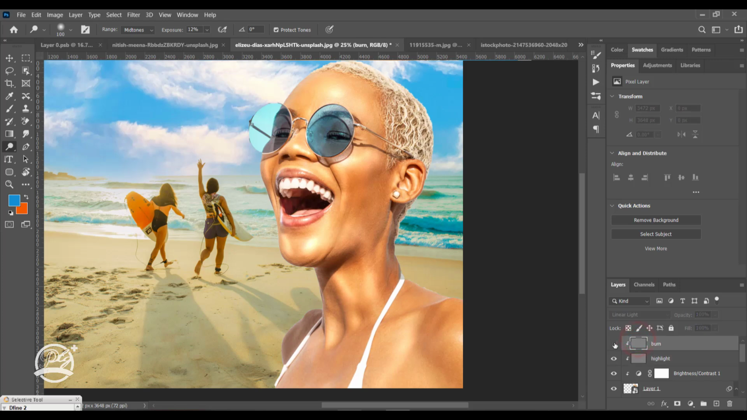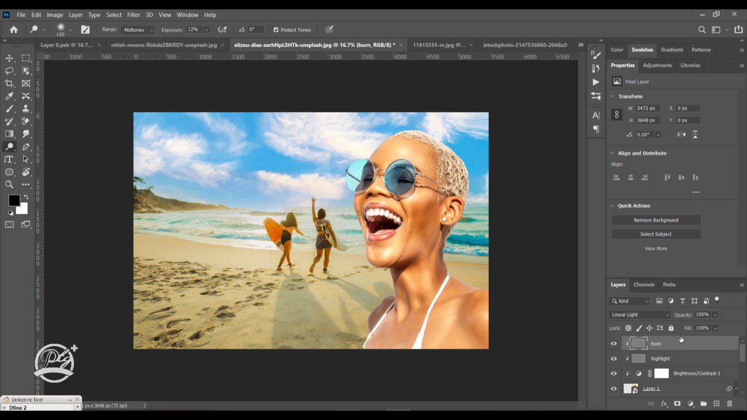Now let's apply the burn too. You can reduce the fill or the opacity just a little. Apply the burn tool. Come to the burn tool. Increase it a little. Reduce the exposure as well to maybe 10. And apply it here. You can reduce this as well. Now if I adjust this,